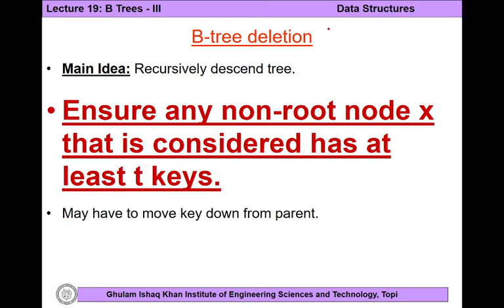I'm saying that we are going to delete a particular key in the B tree, because in case of a B tree, each node contains more than one key. So instead of saying that we are going to delete a node in the tree, we are going for deletion of a particular key